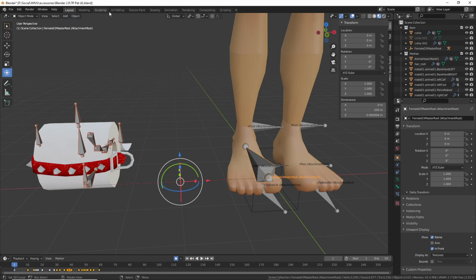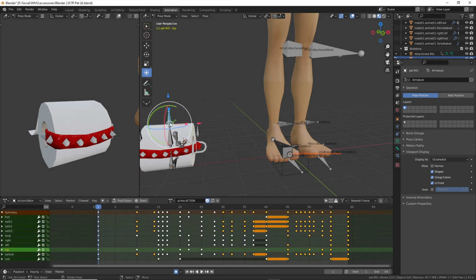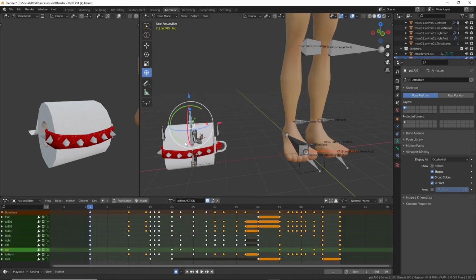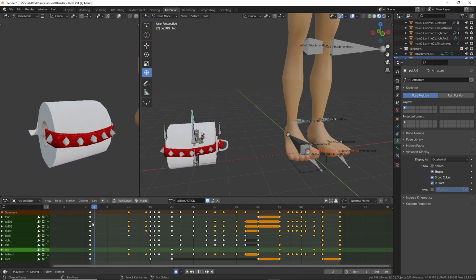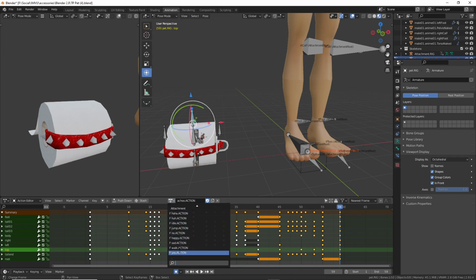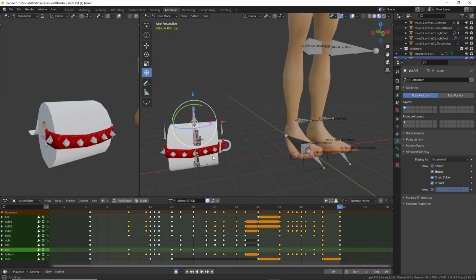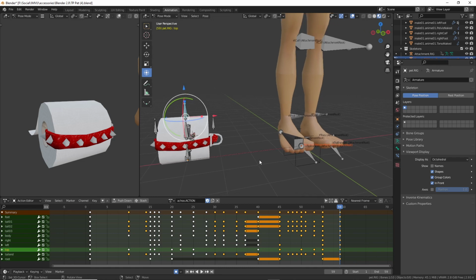So let's take a quick look at our object. It's been animated, so it's got a full set of animations. There are quite a few, and all of these will be exported when we export this for IMVU. One of the reasons why we have to do this, we have to use one of the armature skeletons as our root,